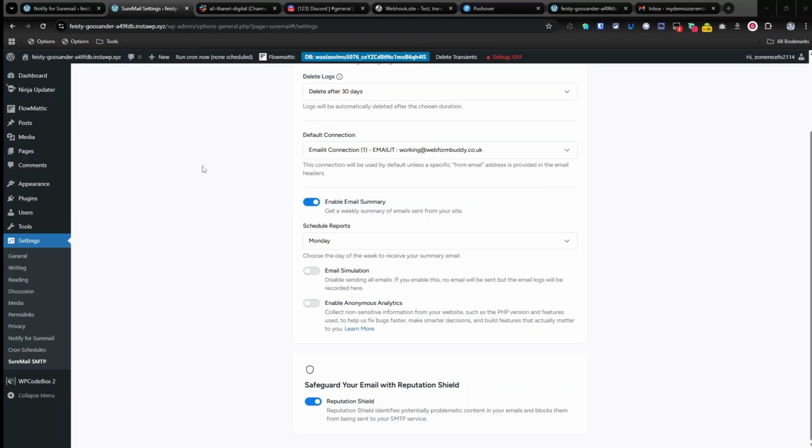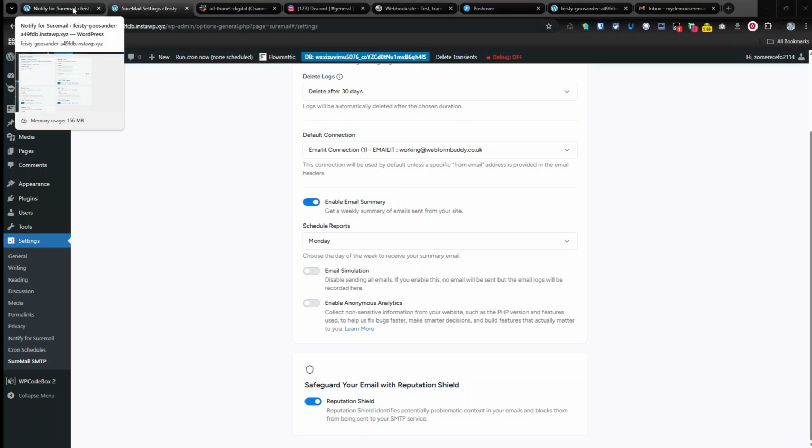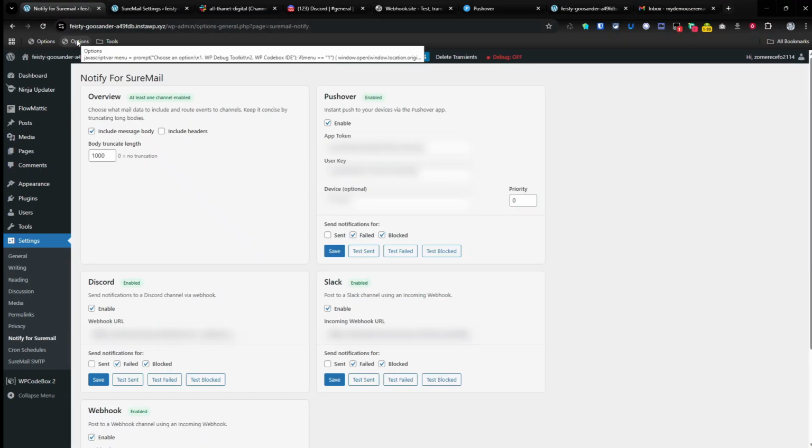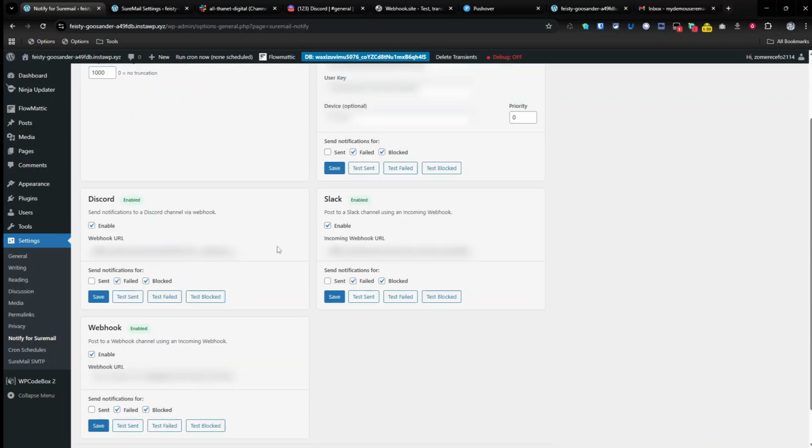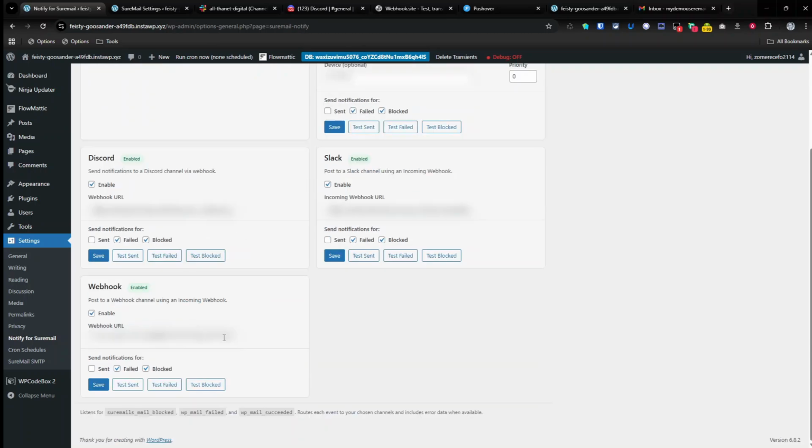So the first thing we're going to do is we're going to head back to Notify for SureMail, and I'm going to talk you through the options. So we've got pushover. We can get a notification on send, failed, or blocked. You have a priority option here. I've always left it as a standard 0. You have the same options for Discord, which can be enabled or disabled, the same for Slack, and the same for generic webhook. Generic webhook you might want to use with Pabbly or Zapier or